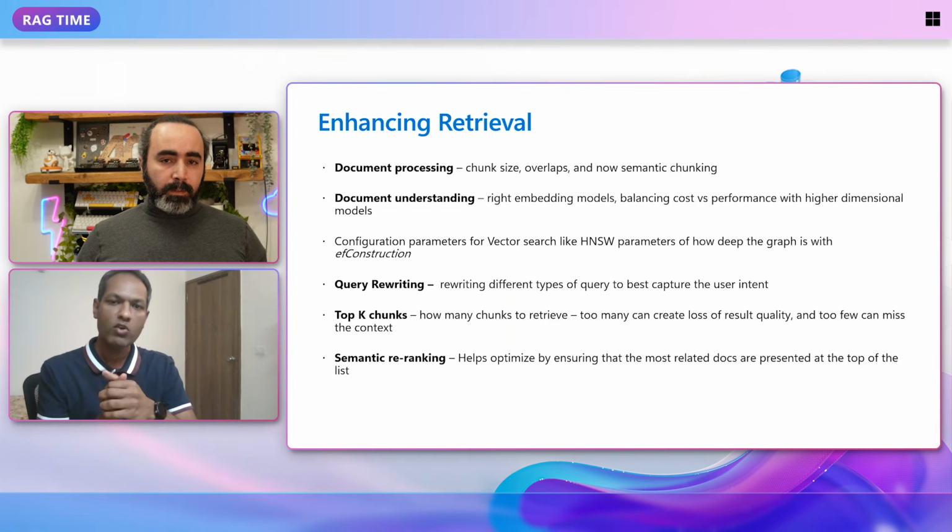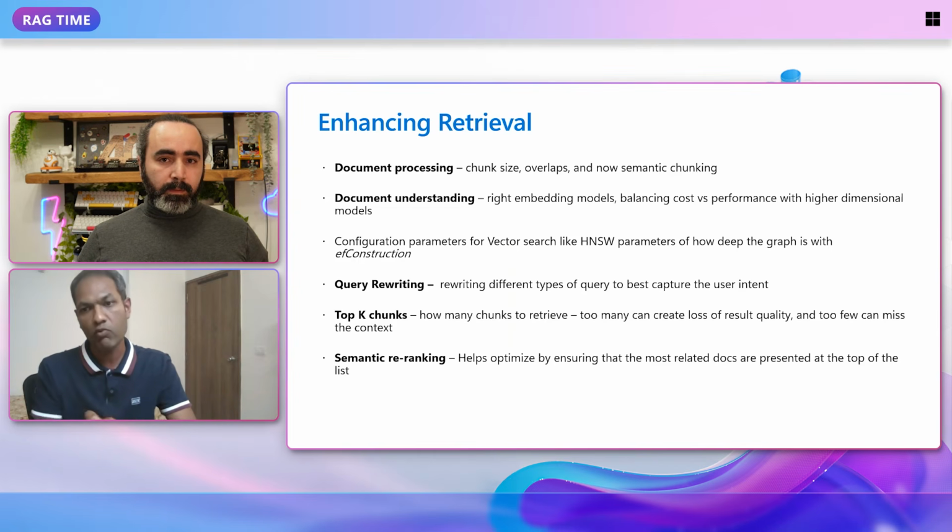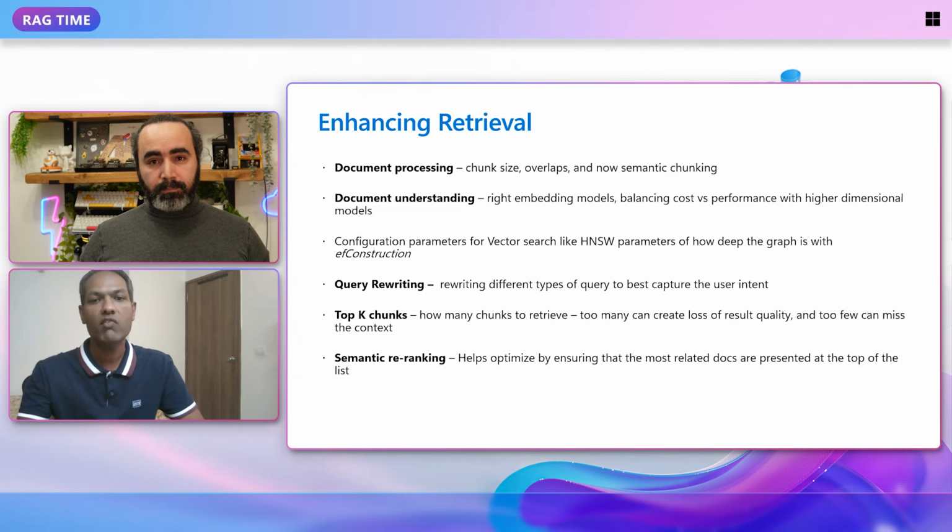Post that, you get into the options of how many results you want to surface and share with your LLM for the LLM output, right? Now remember, with too many results the LLM output can be too general, but with too few results sent to the LLM, you may miss the right answer. And finally, Azure AI Search has something called semantic re-ranking, which is specially trained for RAG scenarios and surfaces the most relevant docs at the top.